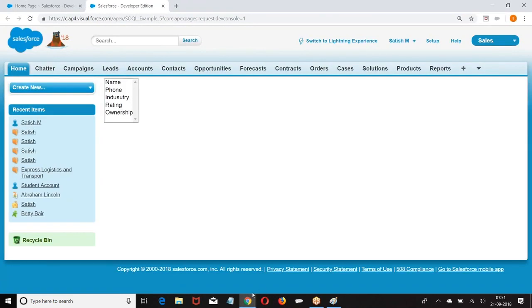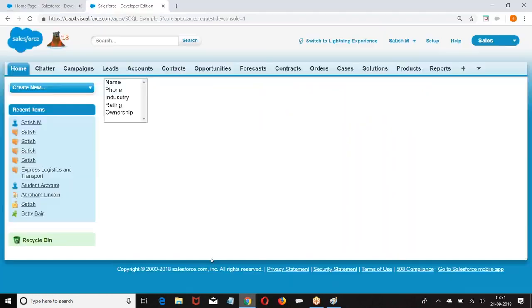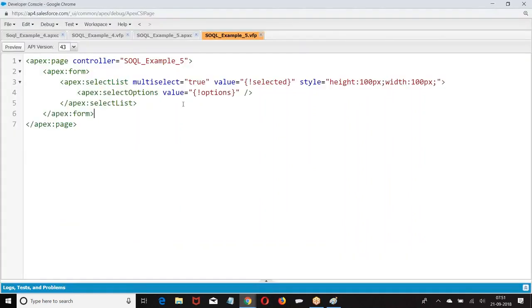This is how we get a pick list. This is how we got the options. Now if I select this option and click on a button, we want the query to execute.